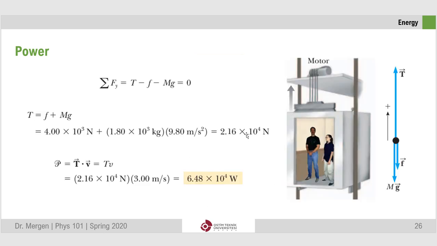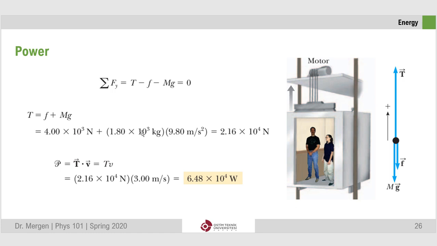Take this example. An elevator is being pulled by a motor, and let's quickly write the force balance equation in the vertical direction. From looking at the free body diagram of the elevator, the tension on the cord is directed upward, and the friction force is directed downward, and m times g is due to gravitational acceleration and the mass of the elevator. After writing the force balance equation, we will obtain the tension on the cord as F plus m times g, which will result